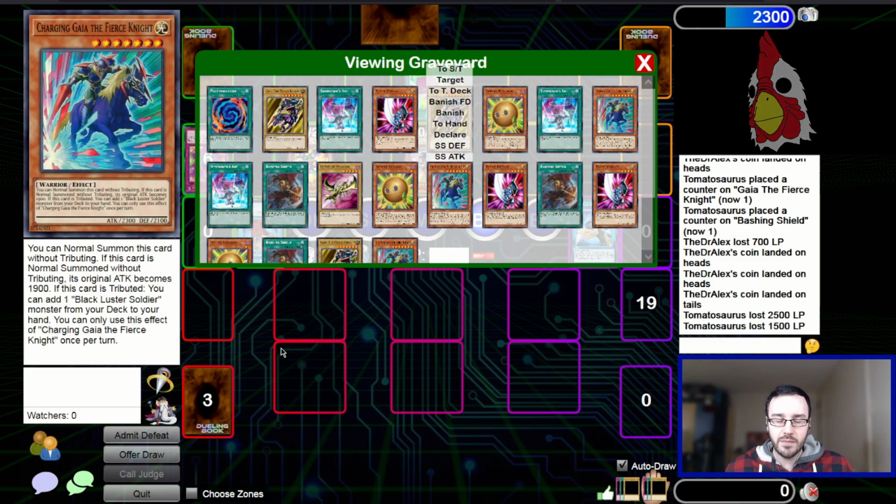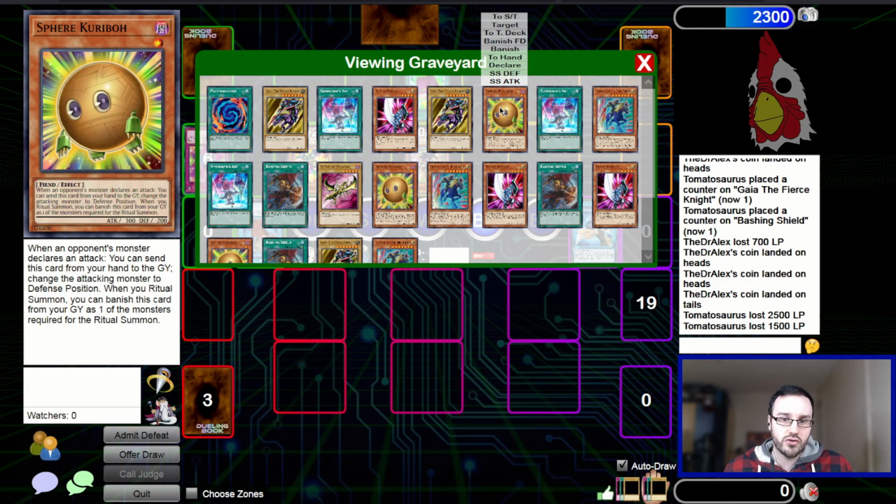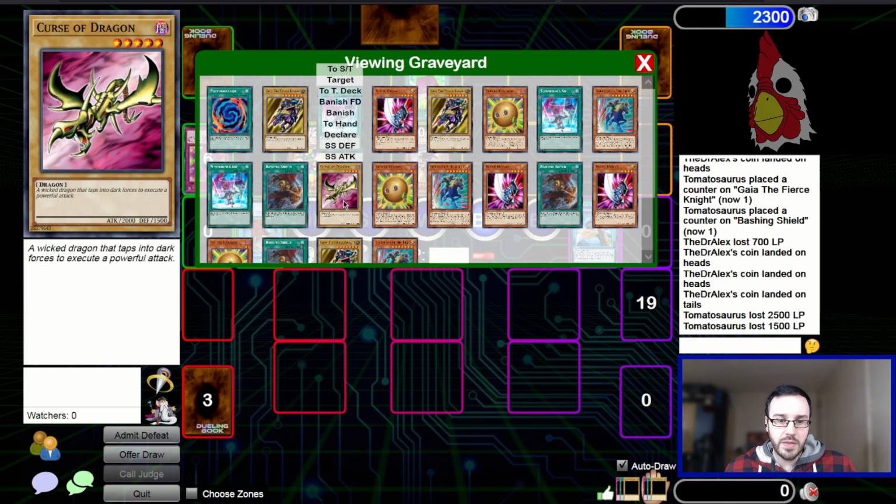Then because I'm not allowed to activate cards that I set, I was on the Sphere Kuriboh as my trap cards, because obviously I can't use trap cards. Then we basically just included...